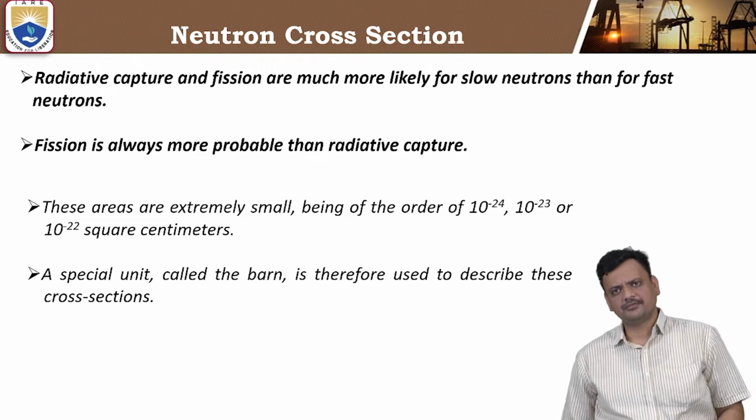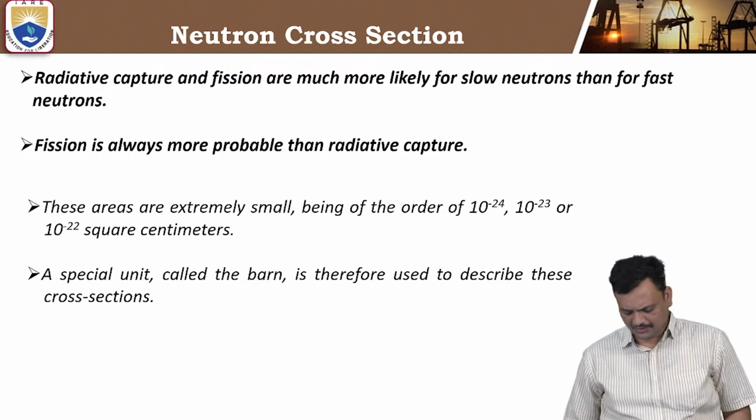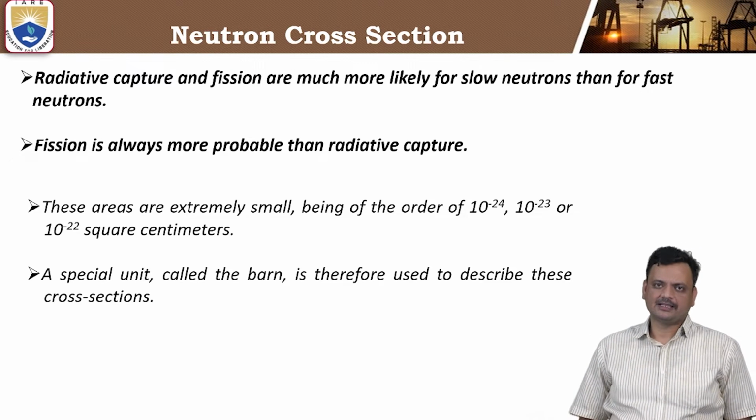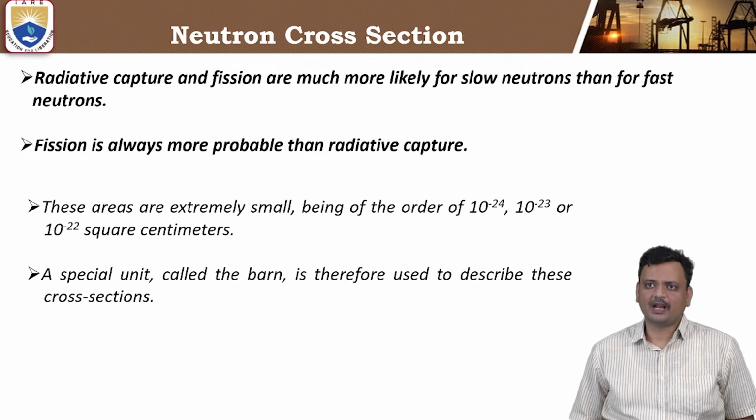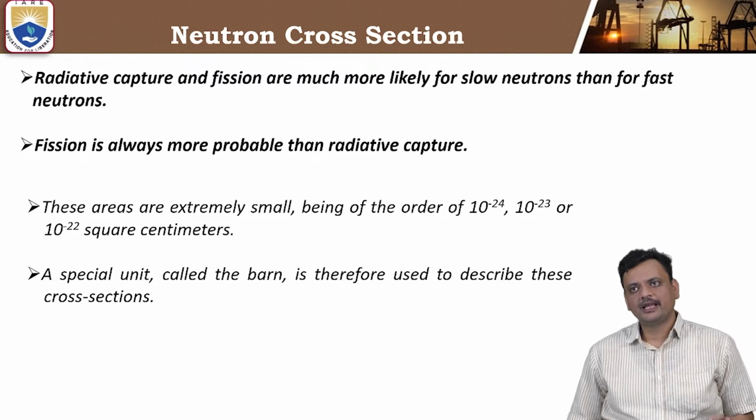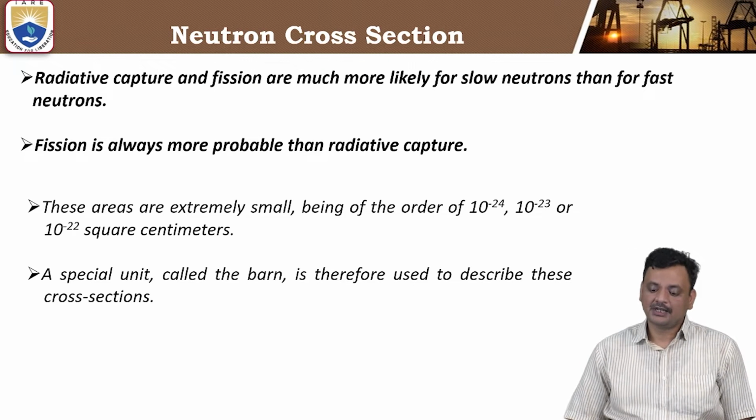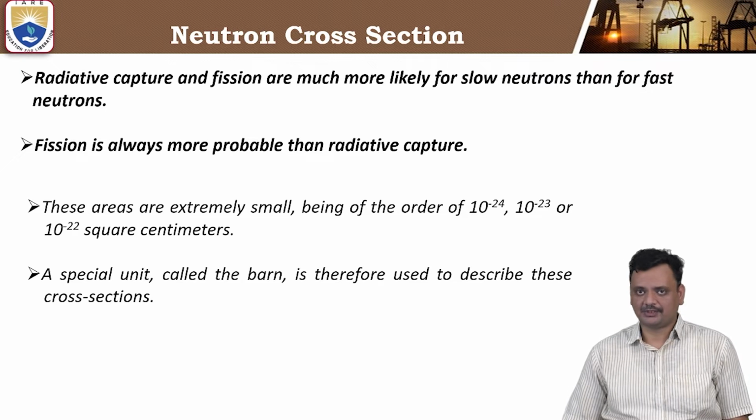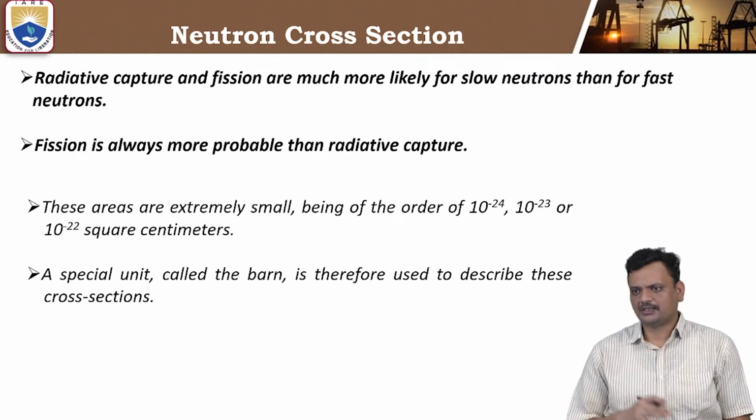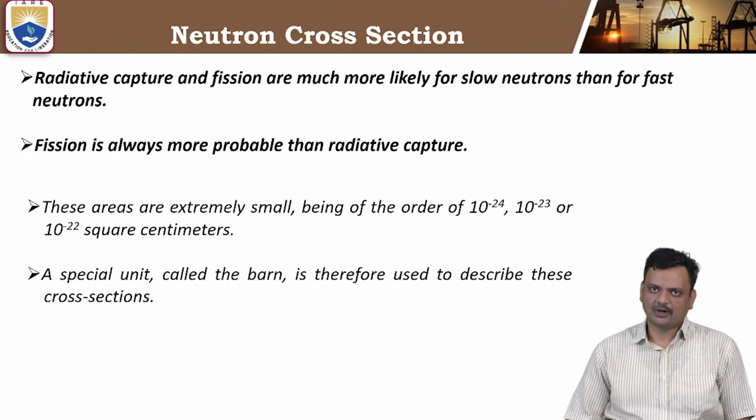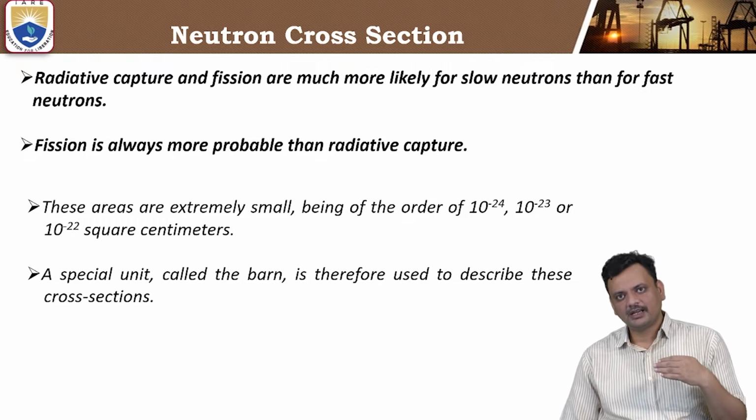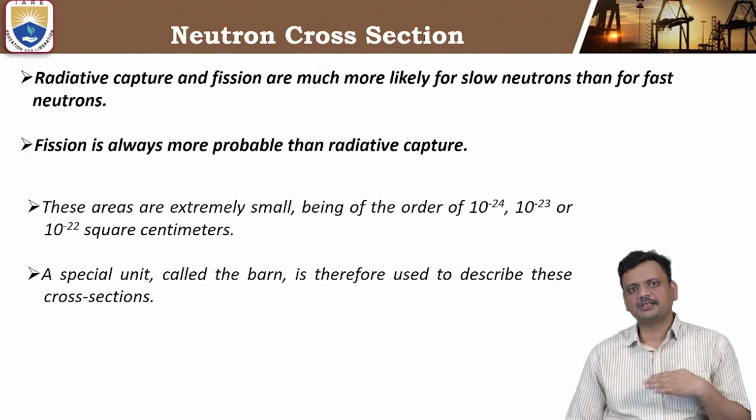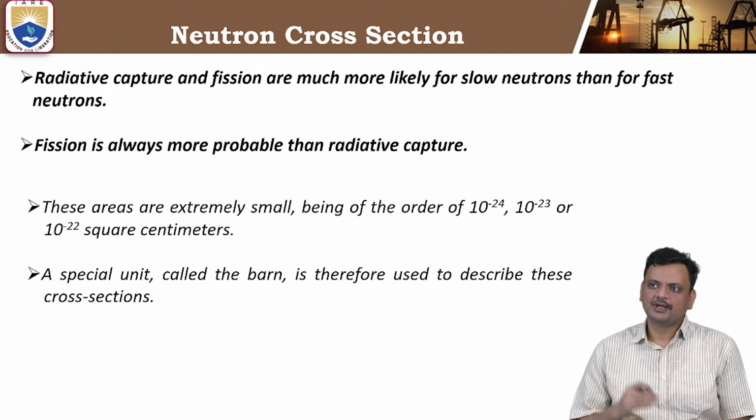It is observed that scientists performed many experiments and observed that radiative capture and fission are much more likely for slow neutrons than for fast neutrons. Radiative capture is a phenomenon similar to absorption, but in this process, another form of nuclear particle will emerge. Suppose